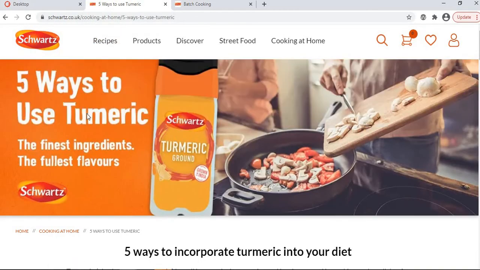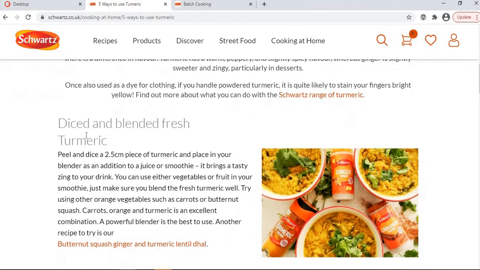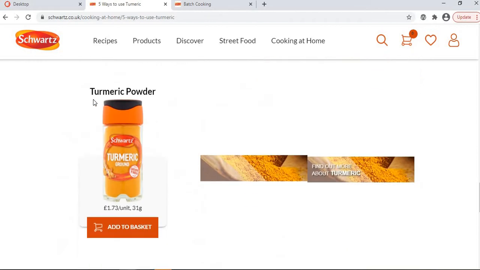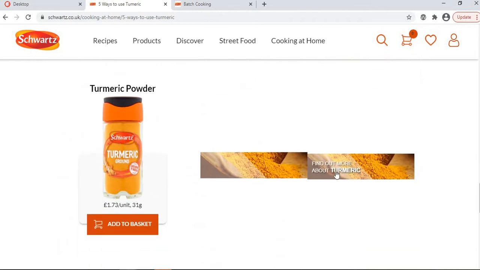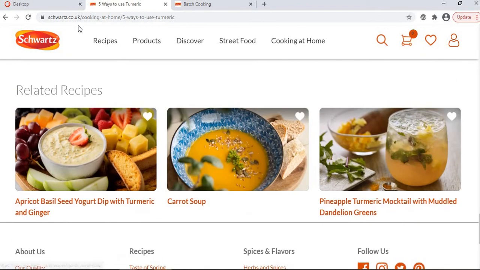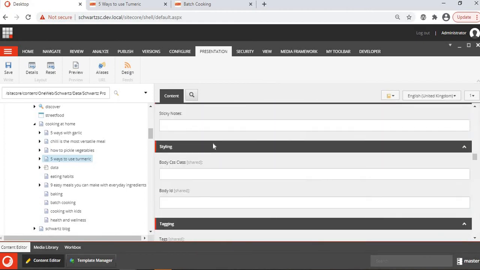If you see that this is the article page, you have the banner, you have the title, description, then again you have the title, description, and an image. The same goes for the entire page. And then you have the turmeric, the product, and details, and the related recipes. So if we click on the 5 ways to use turmeric page, so when we click on 5 ways to cook turmeric,